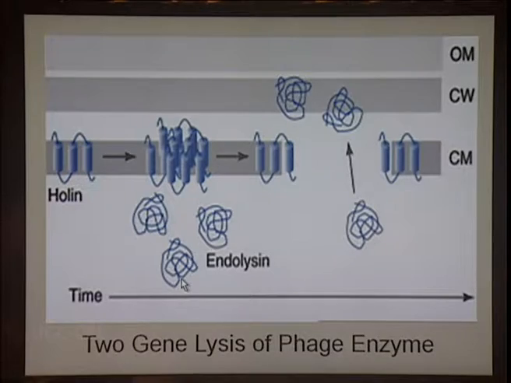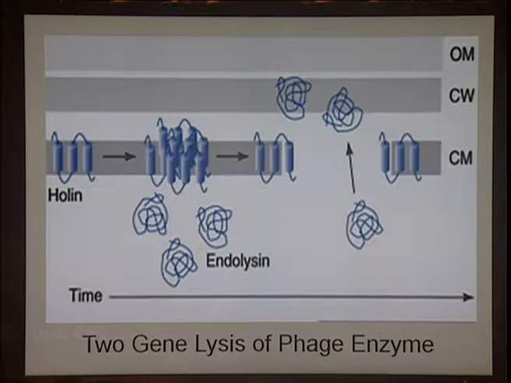The second one is a two gene lysis where there are two different components. One is the choline and the other one is the endolysine component. The choline will bind with the cell wall component of the bacterial cell wall, degrading it or causing distortion of the membrane, and finally the endolysine will get in and will break the different parts of the bacterial cell wall.